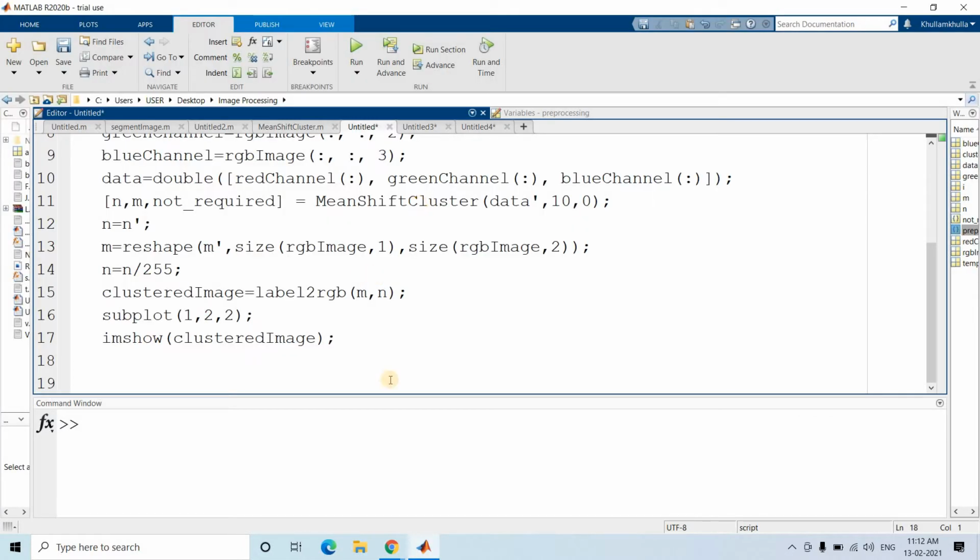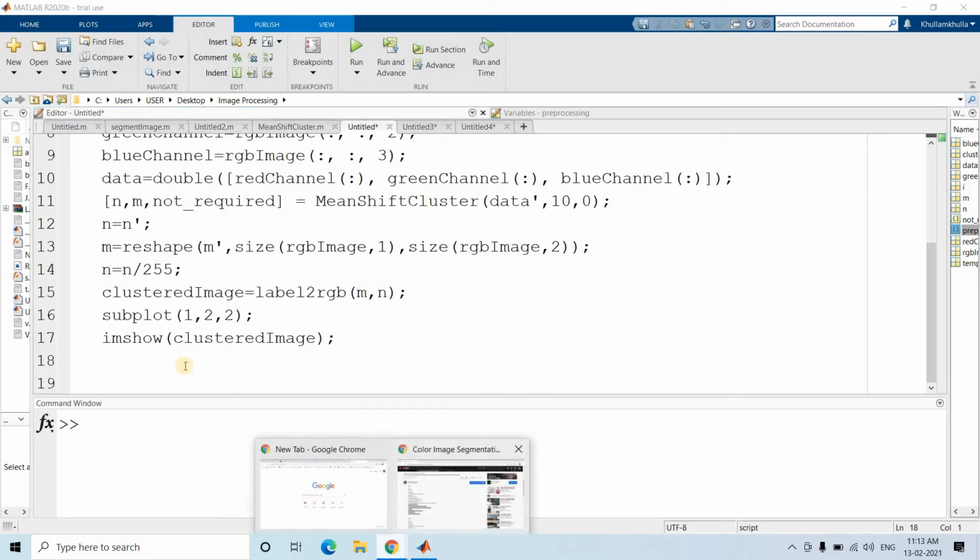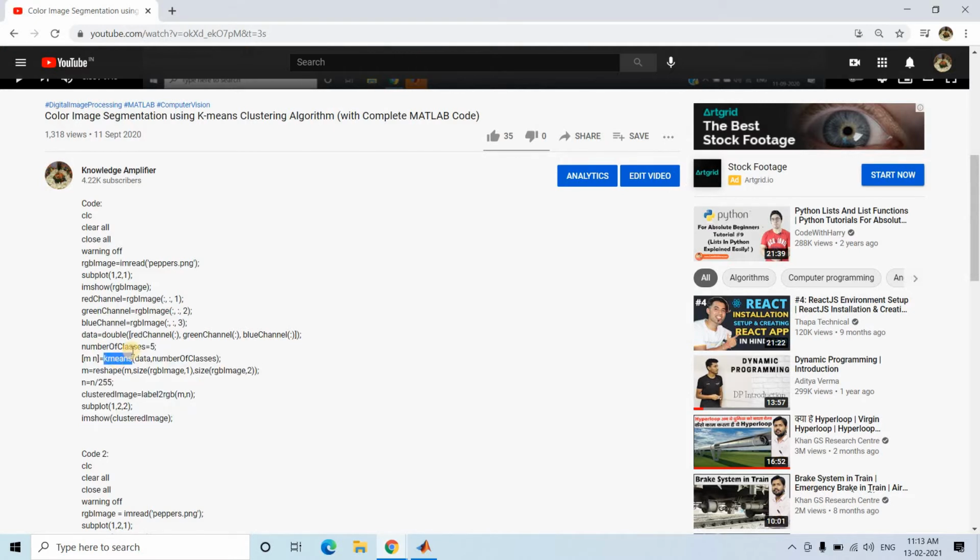Just a little bit of modification: in that code we used k-means, considering the number of clusters as 5, because in k-means first we need to specify how many clusters we want to create, but in mean shift clustering it is not at all required. Mean shift clustering will form as many clusters as there are dense regions present in my data.